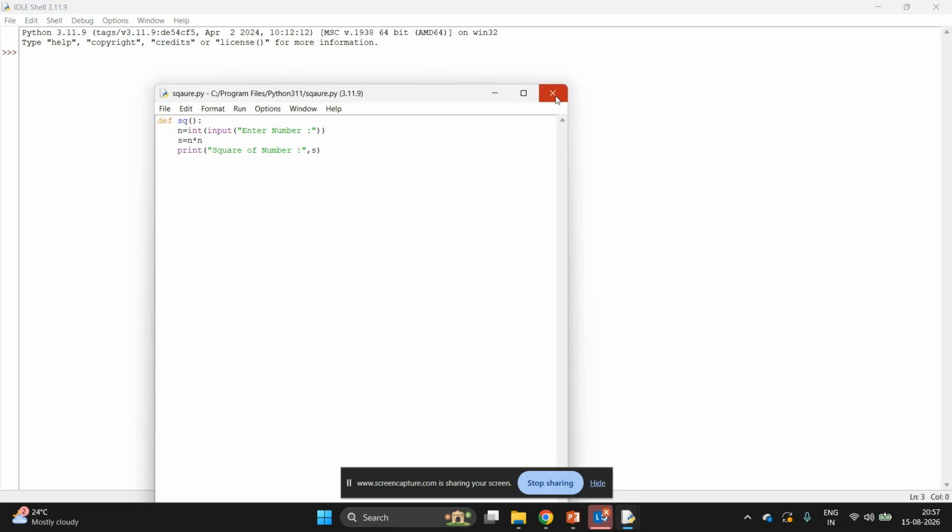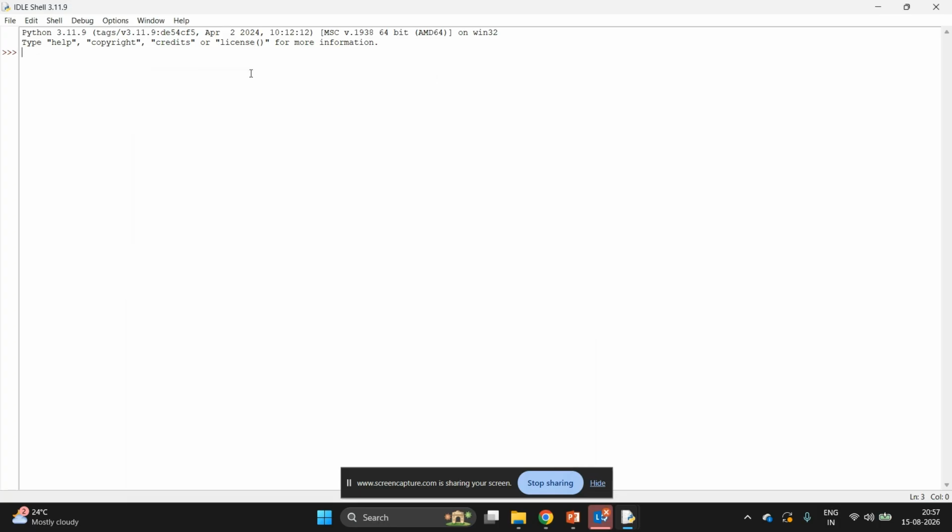Now suppose I have closed this file. If I am doing some work in my Python code and I want the square of a number, again for the square of a number I would read a number from the user, calculate it, and display the answer. These three lines I don't want to write.